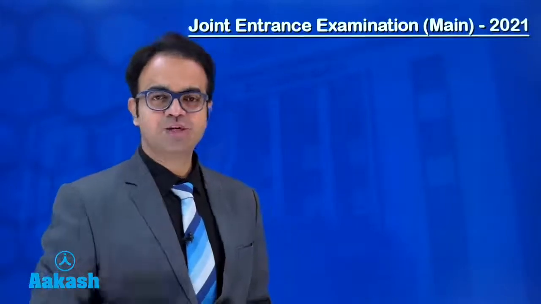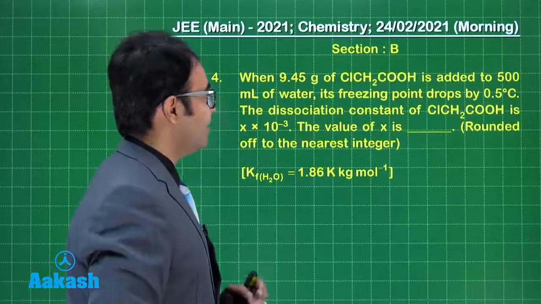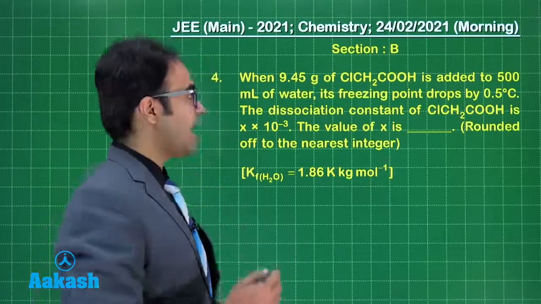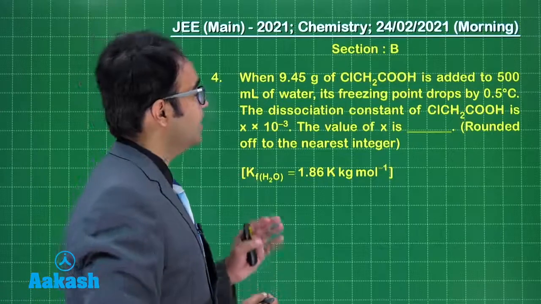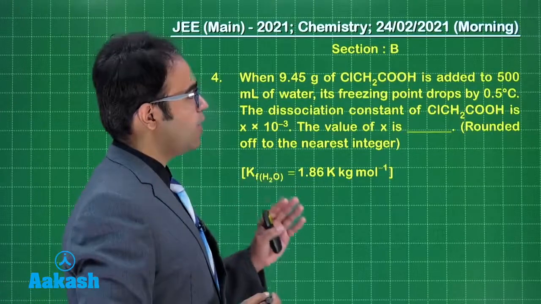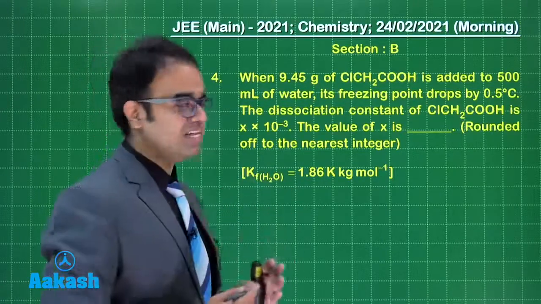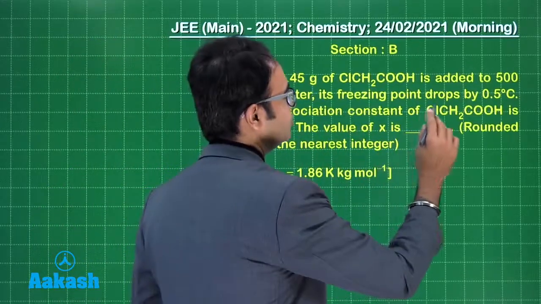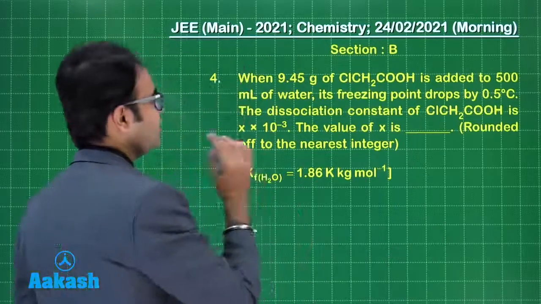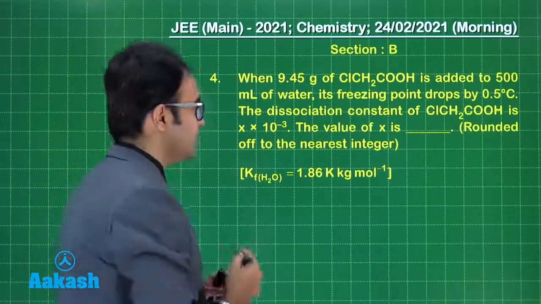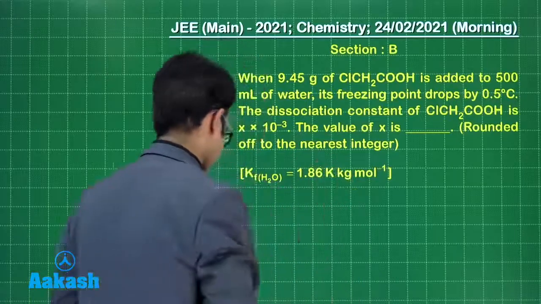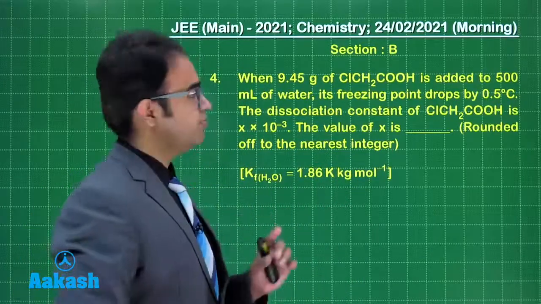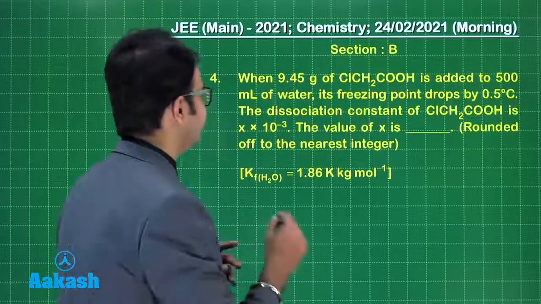Let us look at the next question. When 9.45 grams of ClCH2COOH is added to 500 ml of water, its freezing point drops by 0.5 degree Celsius. The dissociation constant of ClCH2COOH is x into 10 to the power minus 3. The value of x is, okay, so we are given the mass of your acid which is there, that is